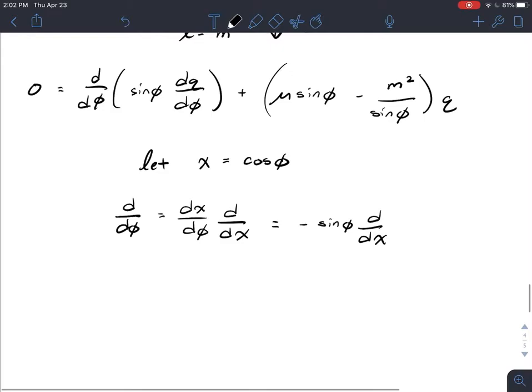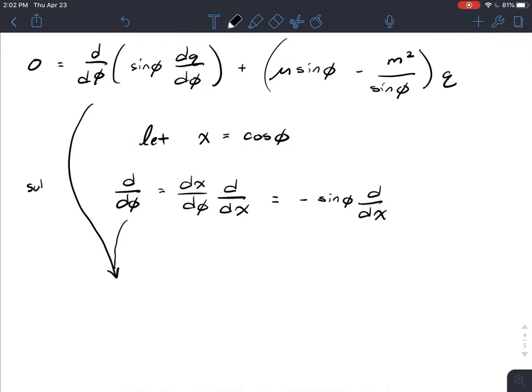So let's substitute these two things into this diffy q now. So we end up with 0 is equal to negative sine phi d dx of sine phi times negative sine phi d dx q